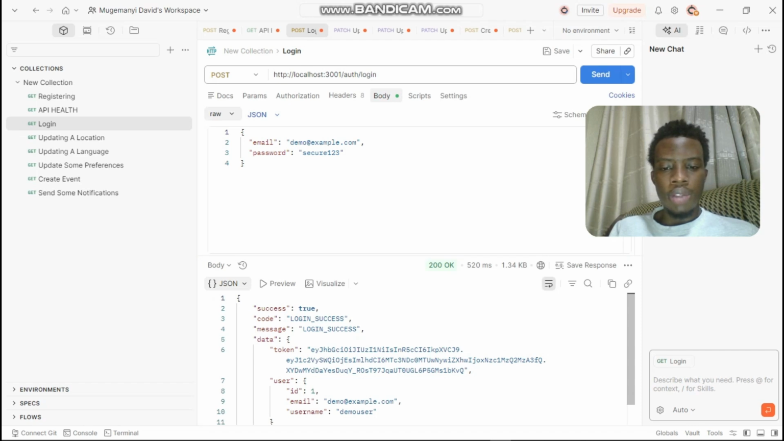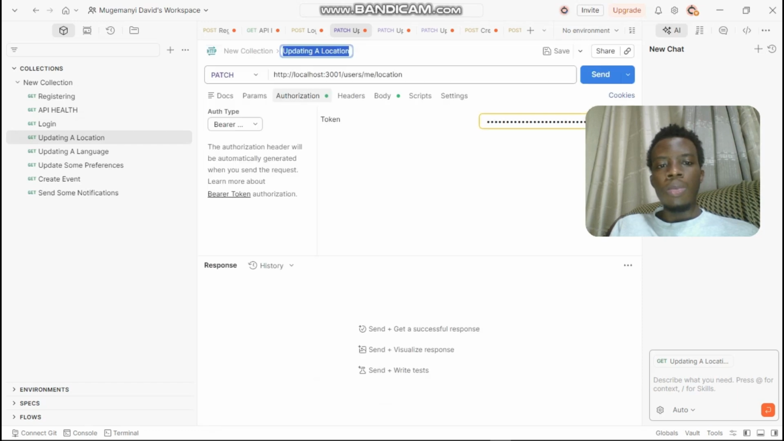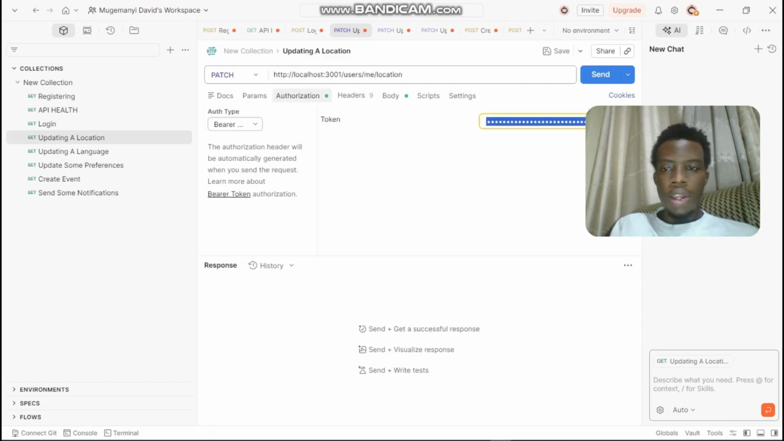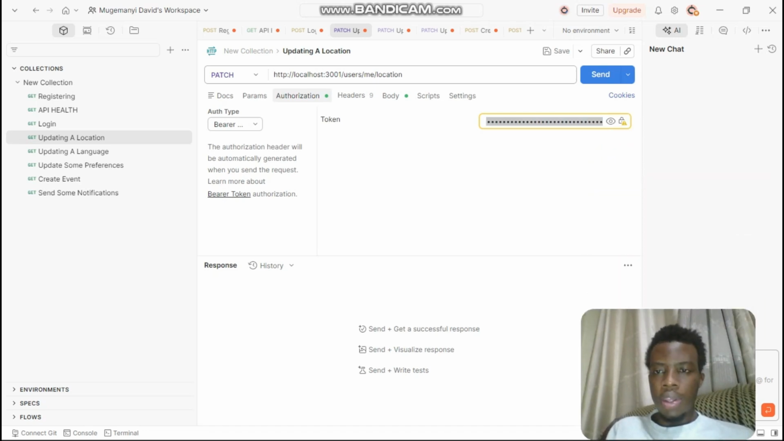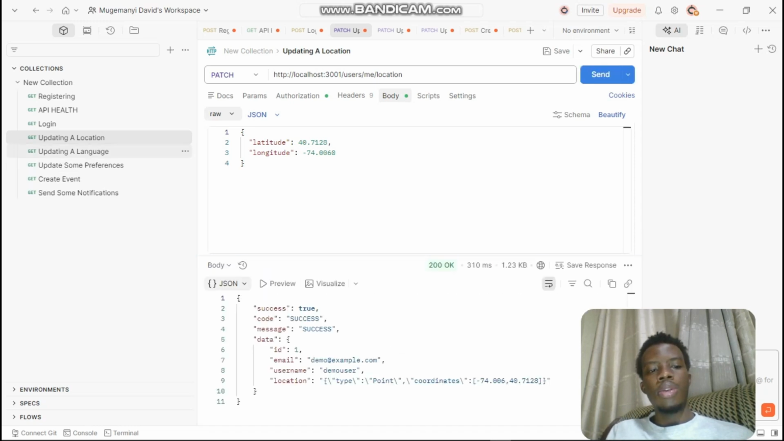log in very successfully. And for the sake of the demo, I'm going to copy this token to use it in other areas. So I can use it here and be able to show you this is what is in the body. So I just passed in the token. This is what is in the body, and I'm trying to update a location using the patch method, and